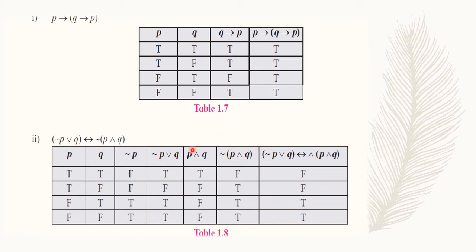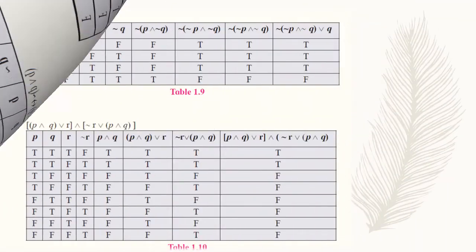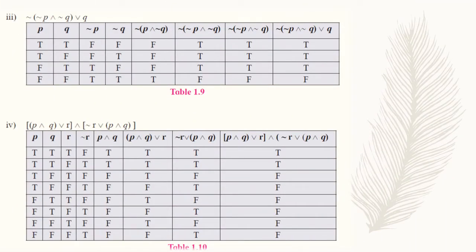If we check, then T ↔ F is F, F ↔ T is F, T ↔ T is T, and T ↔ T is T. When both values have the same truth value, the double implication is true, otherwise the double implication is false. Okay, simple. So this is an example of a contingency because it's a combination of both false and true values. Okay, so let's see the next solved example. Okay, so this is the third example.